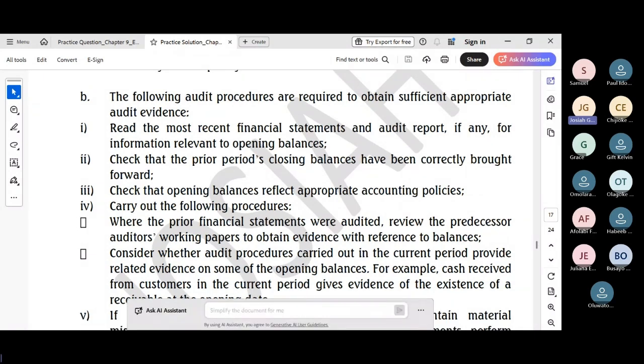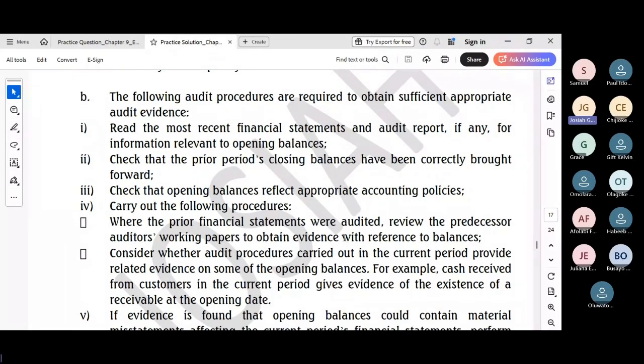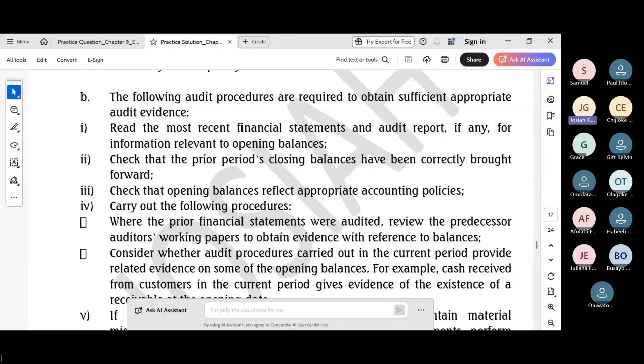You need to provide at least 4 comprehensive. It's an 8-mark question, so it's much. The A part is how many marks? Okay, 3 marks. So this 8 marks, the weight is heavy, so you need to provide at least 4 comprehensive audit procedures required by ISA 510, focusing on how evidence for the opening balances can be obtained. For example, relying on the predecessor's work, current previous testing, and direct testing. So that's what you write. And how do you write it?